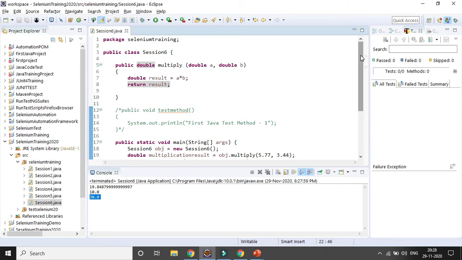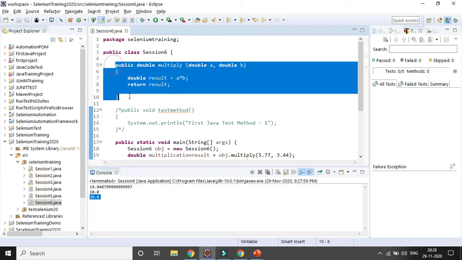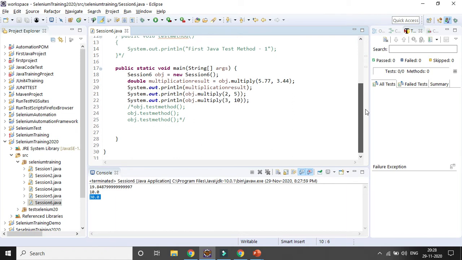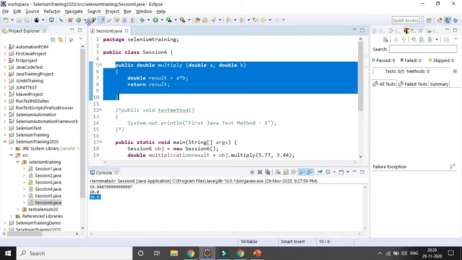In case you need to create a method and the same method will be used 100 times, and say after 10 days, 20 days, 1 month, 2 months, you need to update the method by one line, right? If you are not creating the method and are directly writing the code, you need to update 100 lines, right? But in the case of methods, you update only one line, and wherever the method is used, it will automatically update. So that is the beauty of the method.